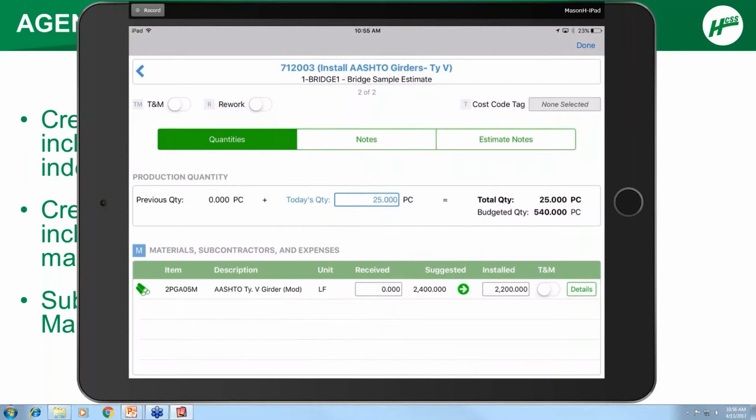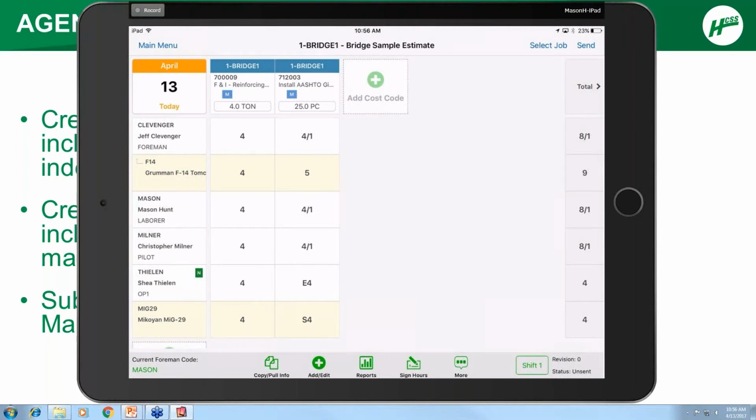Alright, I'm happy with this entry here. I'm going to go ahead and tap on Done, and you'll see now that those quantities, the production quantities for that day, appear on the main screen of the time card here. If I wanted to view how I'm doing today based on the budget and for those cost codes that I've